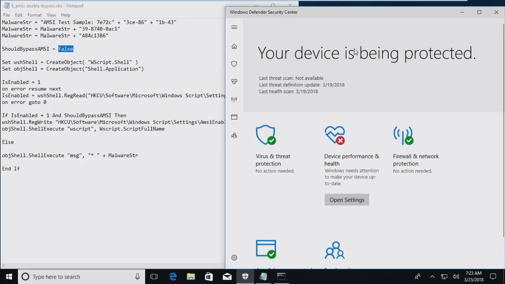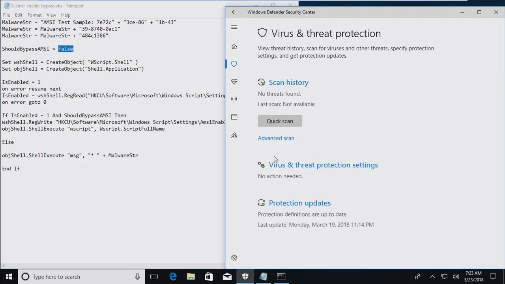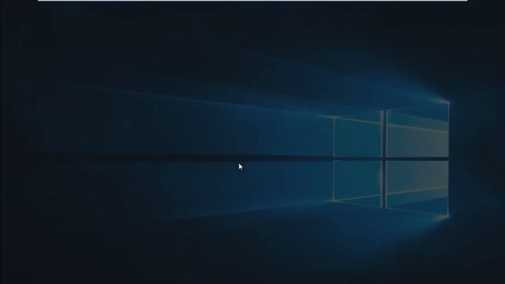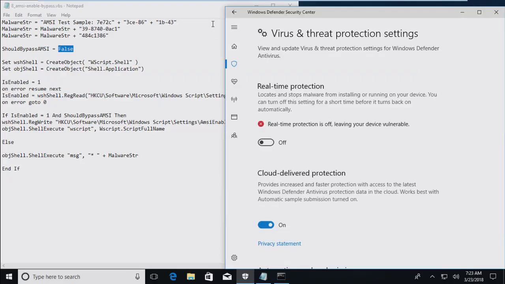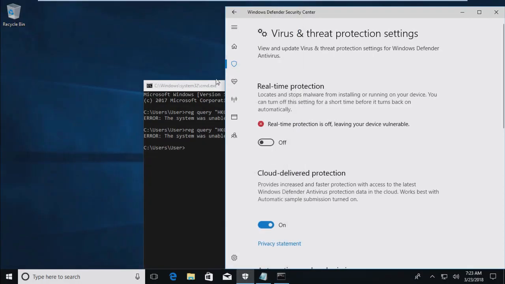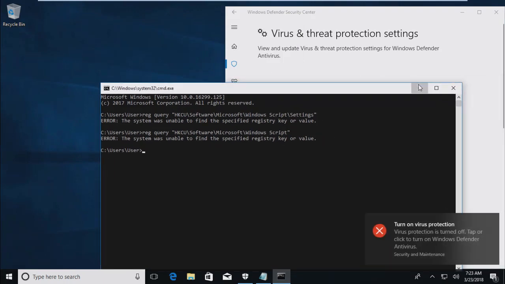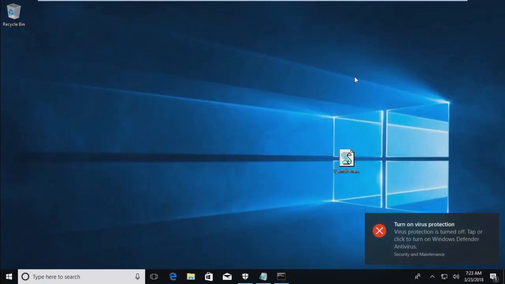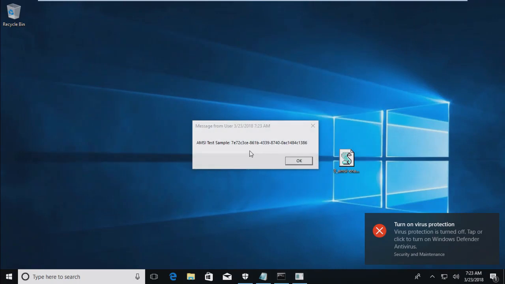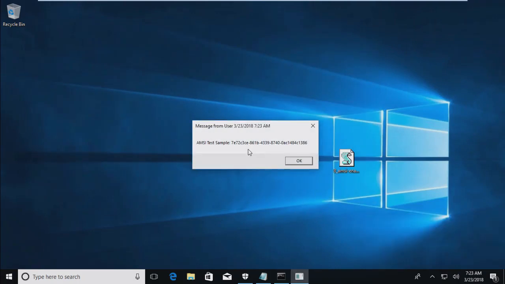So first what we're going to do is disable Windows Defender for demo purposes. And now I'm going to run the script. And as you can see, we have a message box with the AMSI test sample.